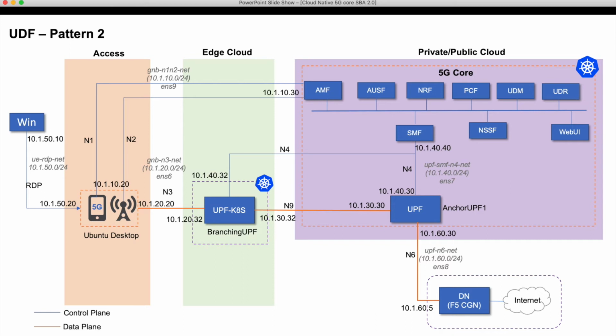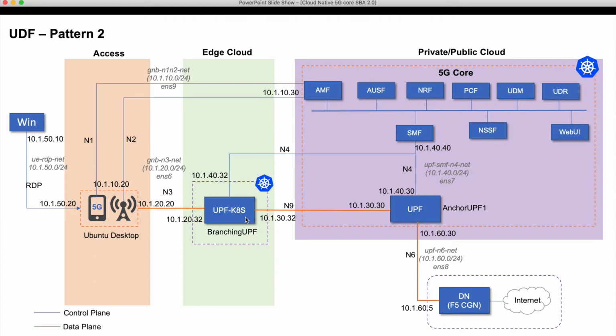This is the second pattern that I have built in the UDF on the same blueprint. The difference between pattern 1 and pattern 2 is that in pattern 2, I'm leveraging the branching UPF to send the traffic via the N9 interface to another UPF called Anchor UPF, and then to the internet. Currently there's only one Anchor UPF set up. You can have multiple Anchor UPFs, where the branching UPF will redirect to the respective Anchor UPF based on the UE routing setup